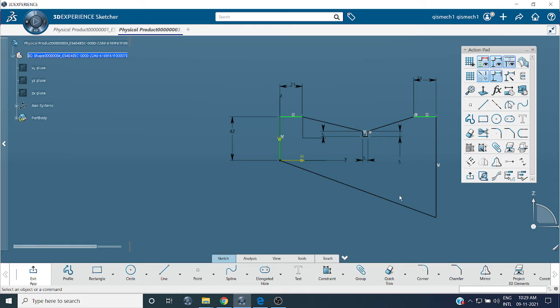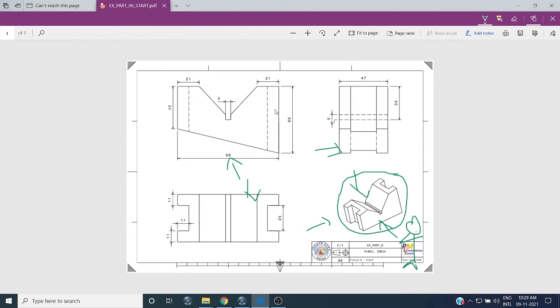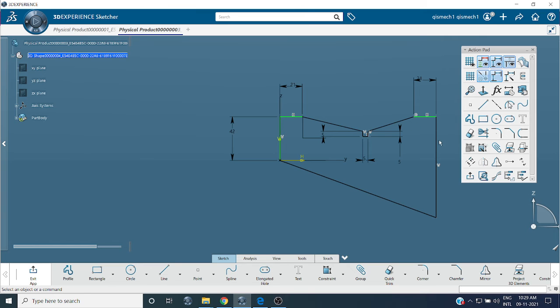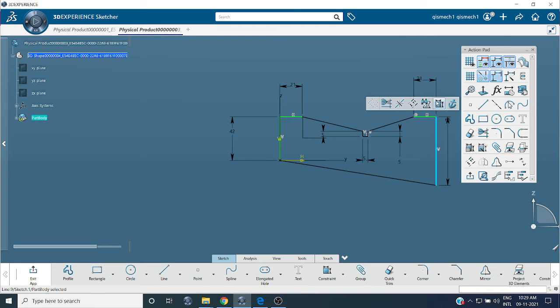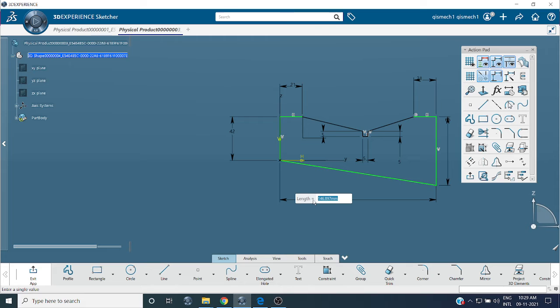Now what is the total height? From here to here it is 66, and the length it is 98. Total height it is 66, and total length from this vertical line to vertical axis it is 98.